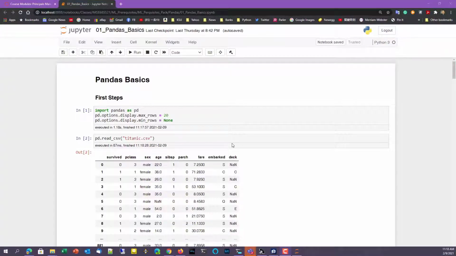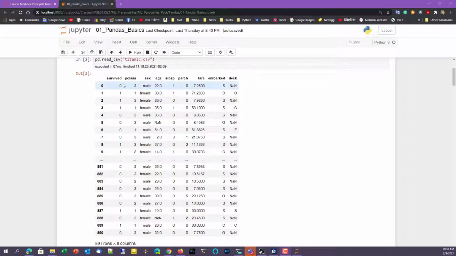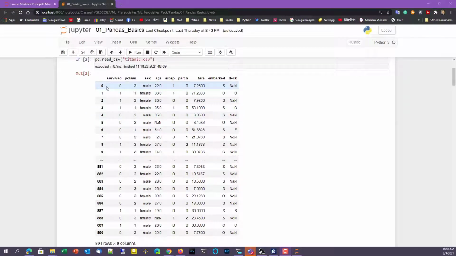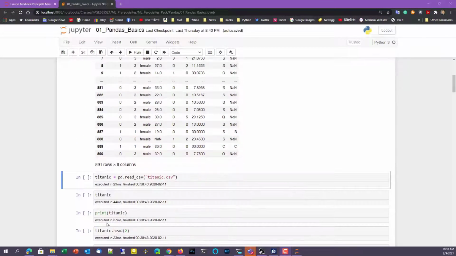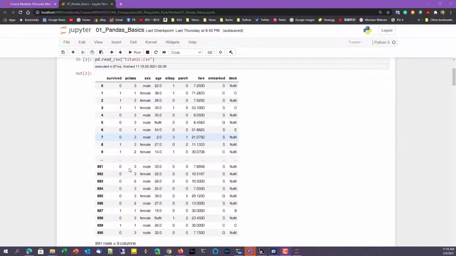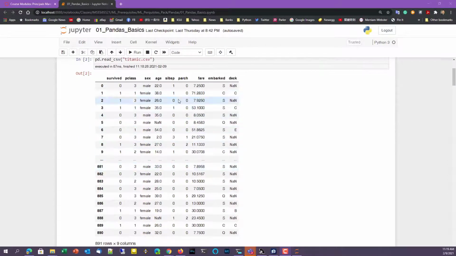So, reading the Pandas CSV file, you can see this is the data from the CSV file. I have 891 passengers actually on the Titanic ship, and whether they survived or not, what class of cabin they are in, what class of passenger they are, their gender, their age, and if they have a sibling or spouse